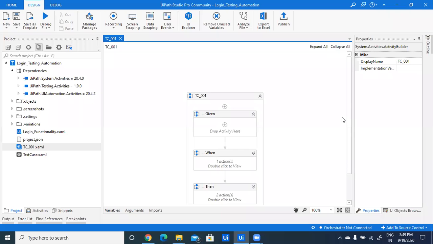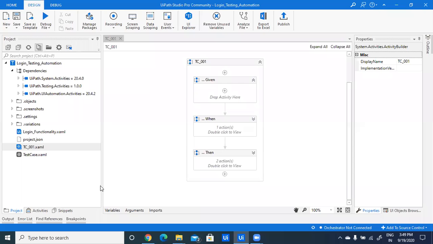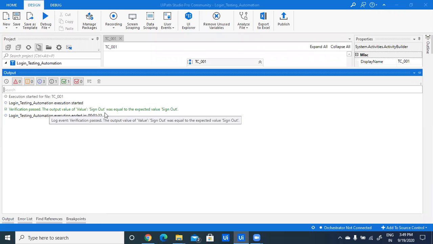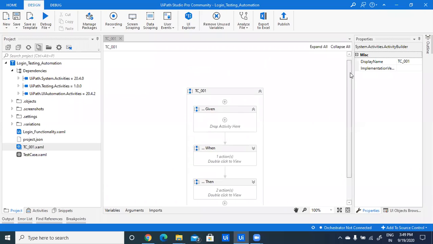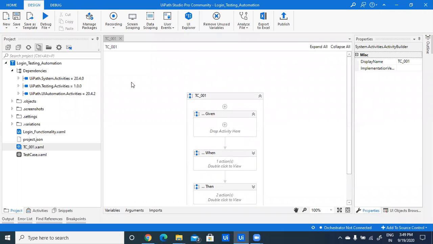As this test case execution is completed, we can see our result in output panel that my output result is equal to my expected result. So this we have automated using UiPath Studio Pro. Now let us start with implementation to build our test cases.